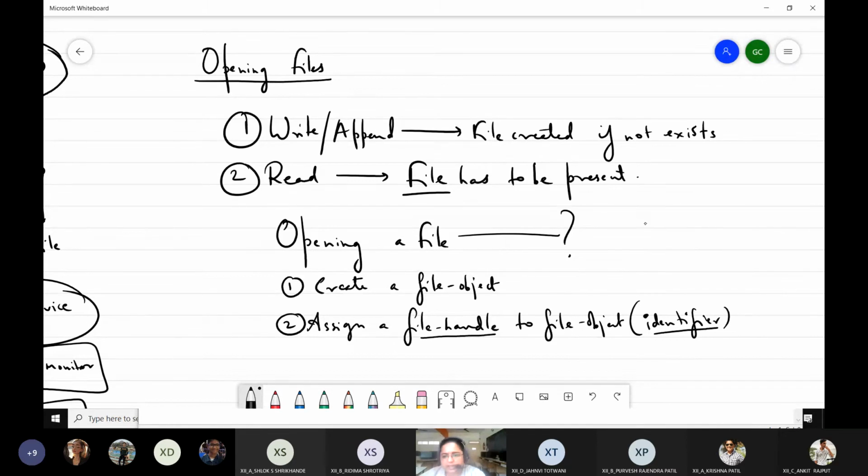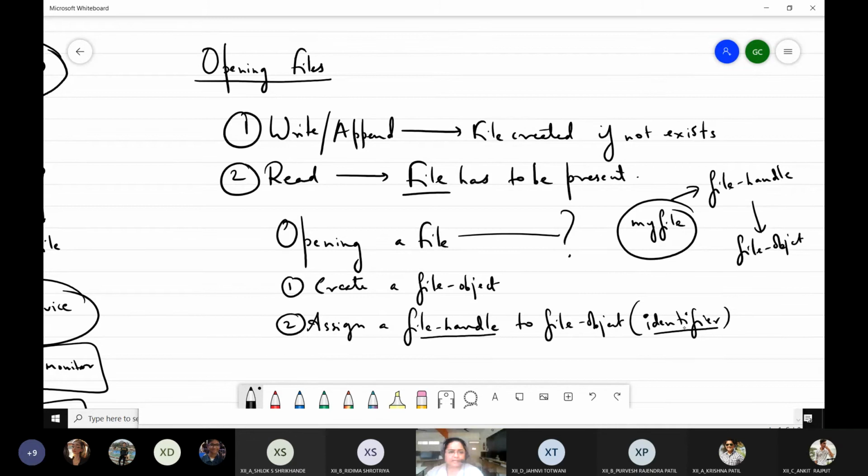For example, suppose I am creating a file object named myfile. It's a Python identifier which is actually working as a file handle, and it is associated with a file object. It is used to access the file object which is saved in your memory, right? So assign a file handle to it and associate the disk file with the file object.